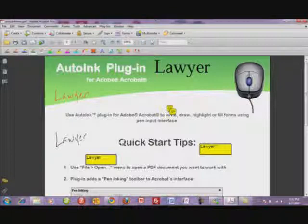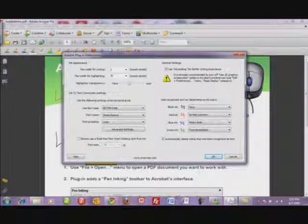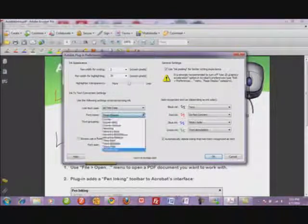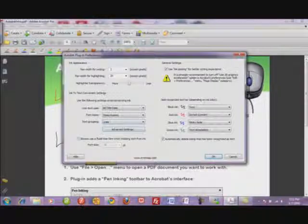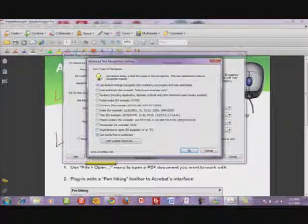Alright, so let's take another look here at the settings. You can control which font gets used for your conversion, and how the conversion is going to group, whether it's going to be grouped on lines, paragraphs, or words, and that helps in the recognition and the treatment of all those letters. Let's go into the advanced settings. Here you can do conversion for web addresses. So this gets down into the context aspect of postal codes, numbers, and things like that. Really helps your